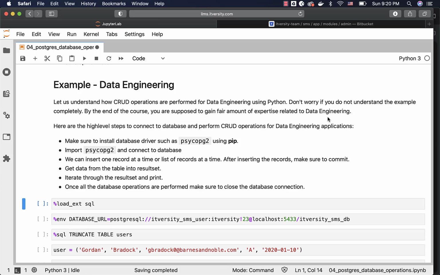As we understood database operations at a higher level, let us understand how CRUD operations are performed for data engineering using Python. Don't worry if you do not understand the example completely. By the end of the course, you are supposed to gain a fair amount of expertise related to data engineering using Python as programming language. Here are the high-level steps to connect to database and perform CRUD operations for data engineering